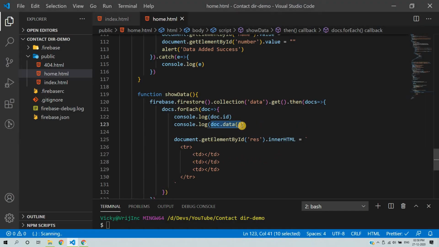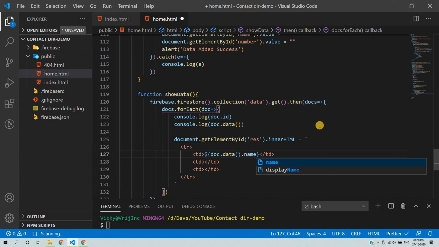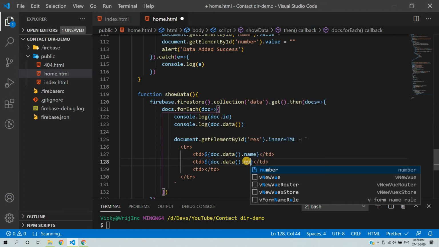So first, the property we want to print is the name. For printing a JavaScript variable in the multi-line string, we use the dollar symbol, curly braces and the variable. And this is a JavaScript object, and I want to print the name. And similarly for the number, we will copy, paste and replace it with the number.